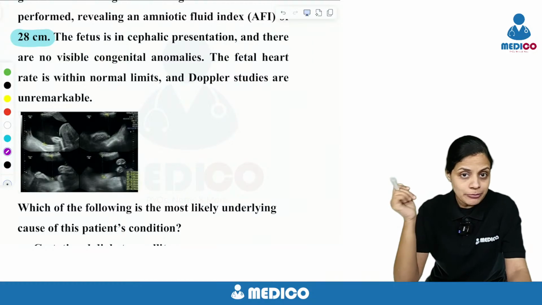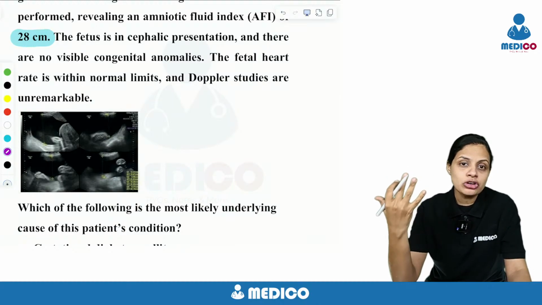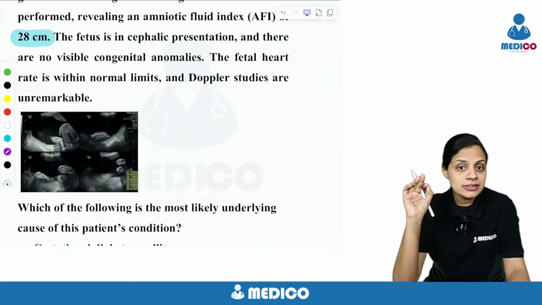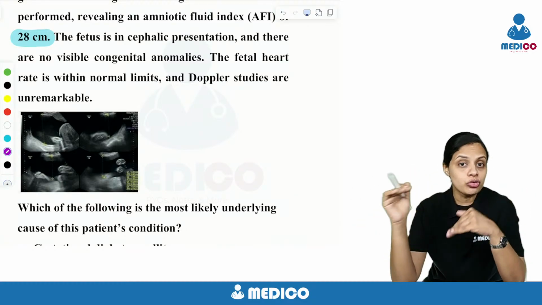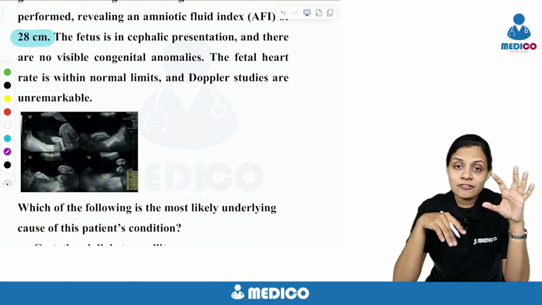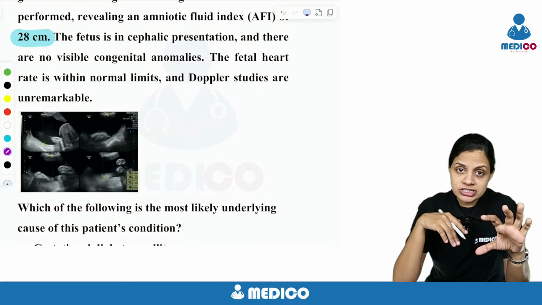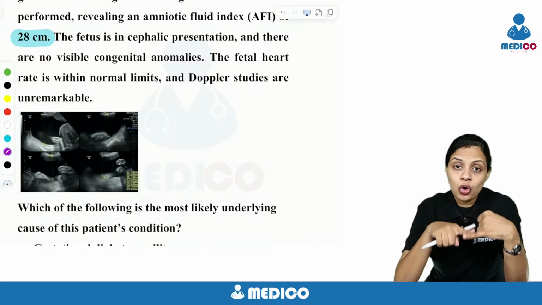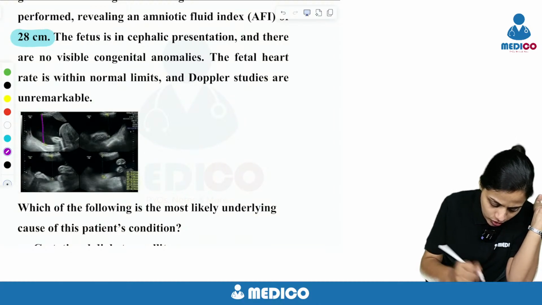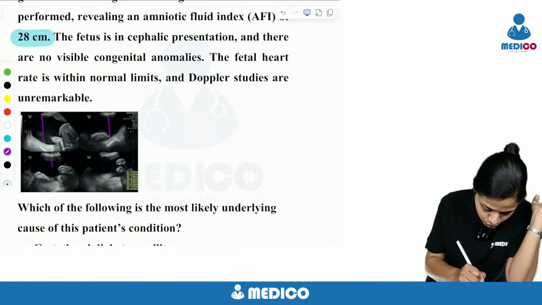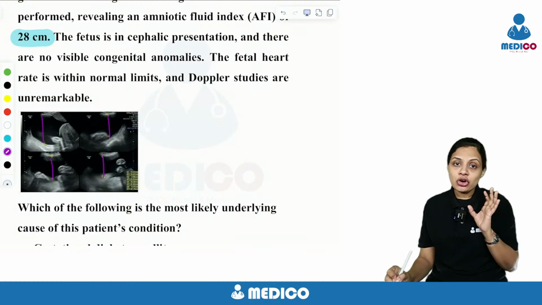What is the AFI? It is the amniotic fluid index. It is not practical to measure the amount of amniotic fluid. So what we do is we measure the amniotic fluid index, wherein you divide the abdomen into 4 quadrants, Q1 to Q4, and you measure the single deepest vertical pocket in each of the quadrants. This vertical pocket must not have cord or any fetal parts, like this. See, here they have measured Q1. Here they've got Q2, Q3 and Q4. The total of these becomes the amniotic fluid index.